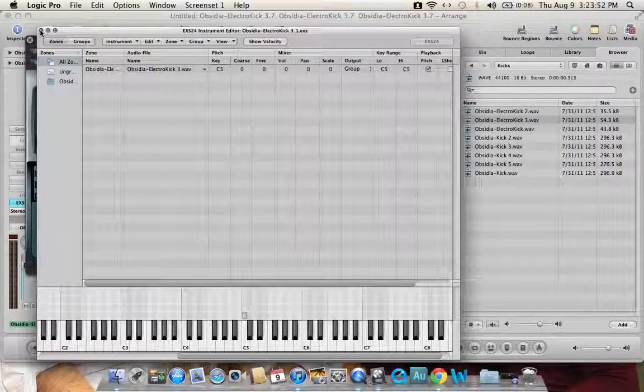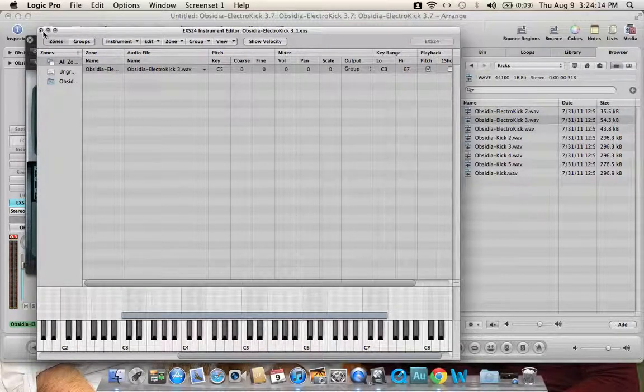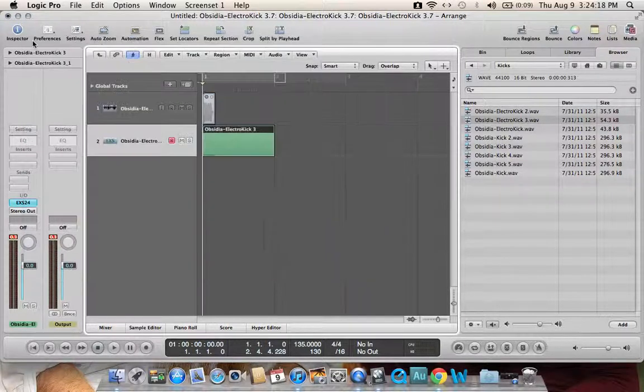You have to go open up your EXS24. You have to go to edit. And you see at the bottom, this is where your track is going to be playing from. Let's say we start it down from root note 3, and we bring it up to there. That means that you can place kicks on any of these notes. Okay, right? So now you just press save, and now,